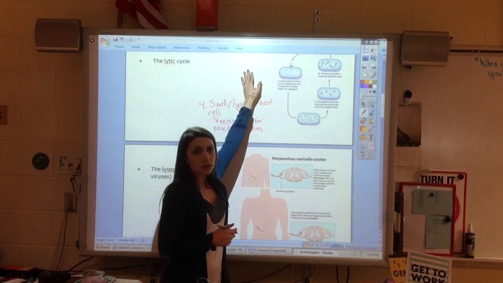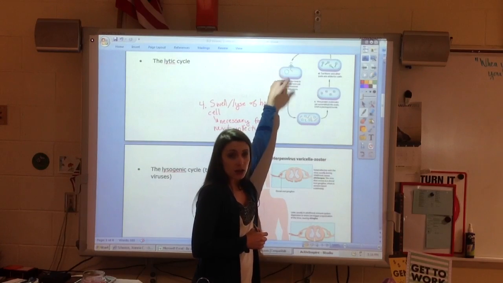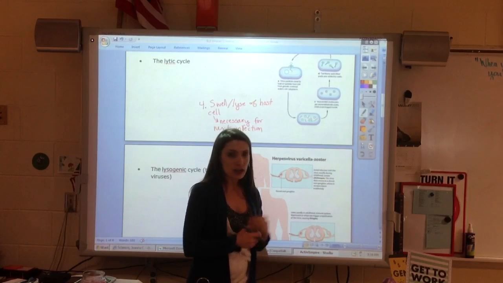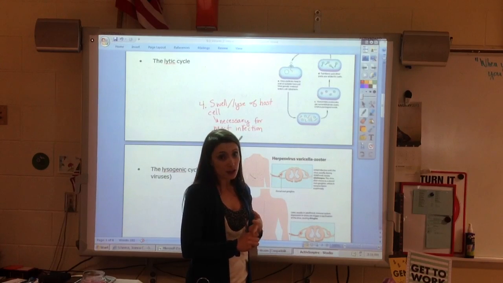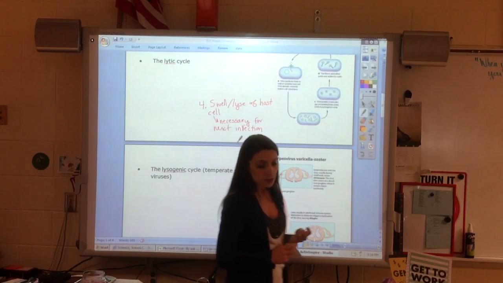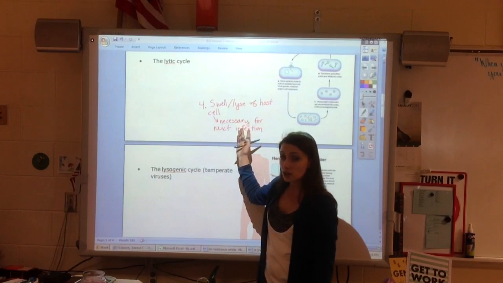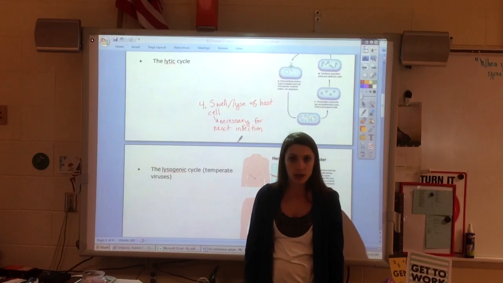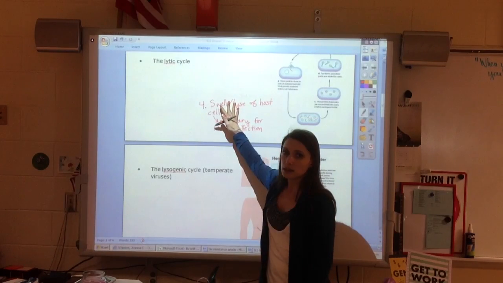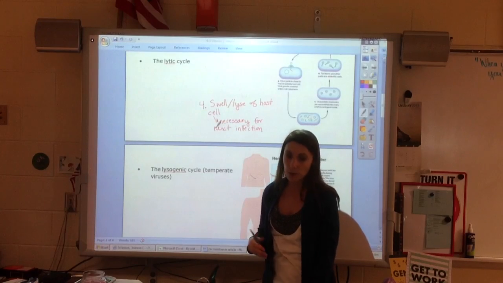One thing that we do need to keep in mind is that because the virus is not cellular, medications that target the cell wall or the ribosome are not going to have any effect on the virus. If we want to be able to stop a virus, we need to be able to stop the virus during its reproductive cycle, and we need to be able to identify all of those steps. Now this is the Lytic cycle. This is how some viruses are going to reproduce or replicate.